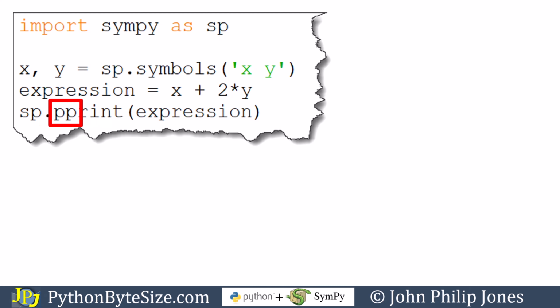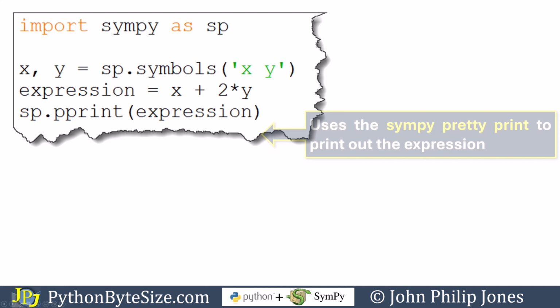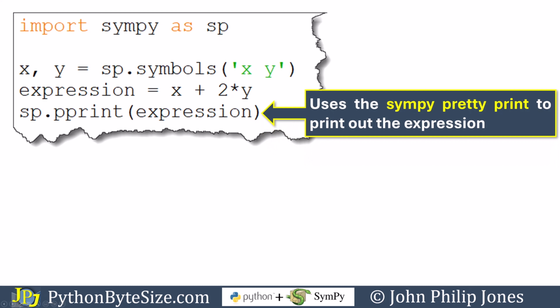It is PP, which stands for pretty print, and we're going to pretty print this expression, which is the one created on this line. So we can see that this program statement uses the SymPy pretty print to print out